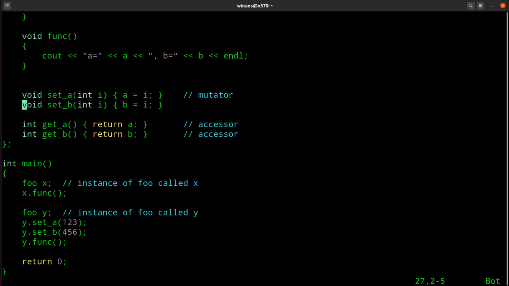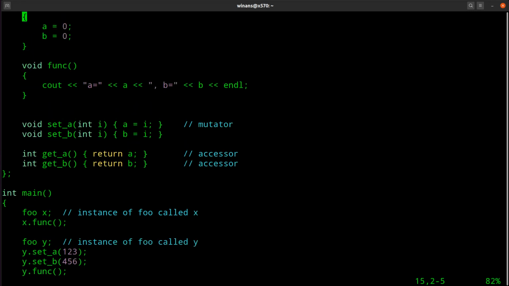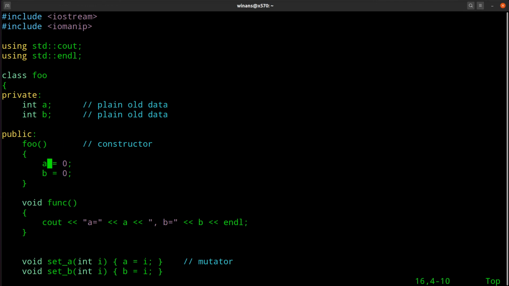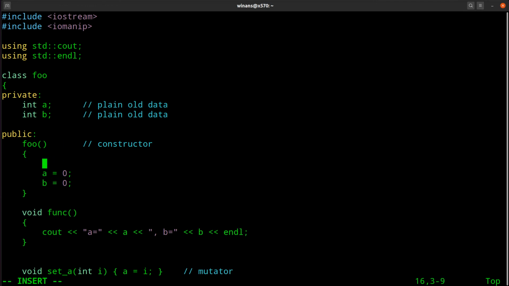What this does is down here, when I create X, that constructor will get called. And when I create Y, that constructor gets called again on behalf of the X and the Y. And when I come into this constructor, this is what will happen. Let's put a cout in here like this and say constructing. Let's also introduce another idea called this. As we will see in a moment,